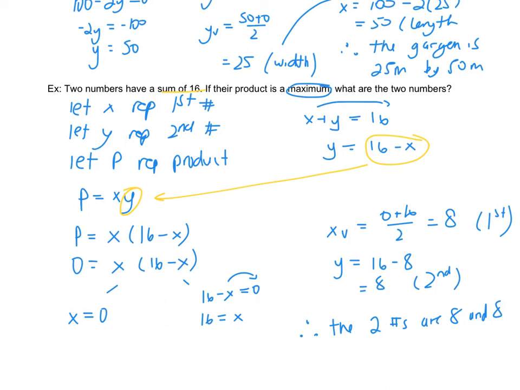So in all of these scenarios, if you see the word max or min, you know you're looking for the vertex. If it's already in factored form, then you want to do your regular averaging the zeros. If it's in standard form, so usually when I give you an equation, then partial factoring would be a little better, but you can still use your averaging the zeros or completing the square method if you want, if it's not specified. But just a reminder that those three methods are only if you want to find the vertex. If it just asks you to solve the equation, you are just doing regular full-on factoring or quadratic